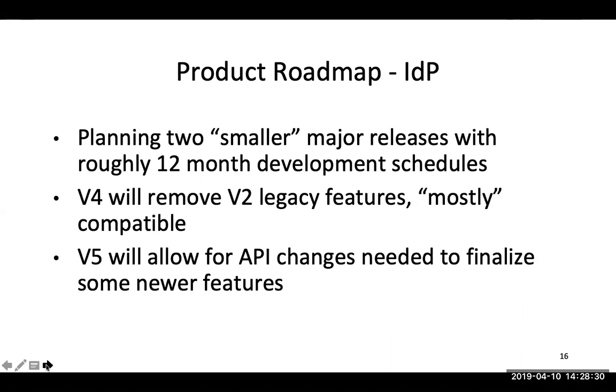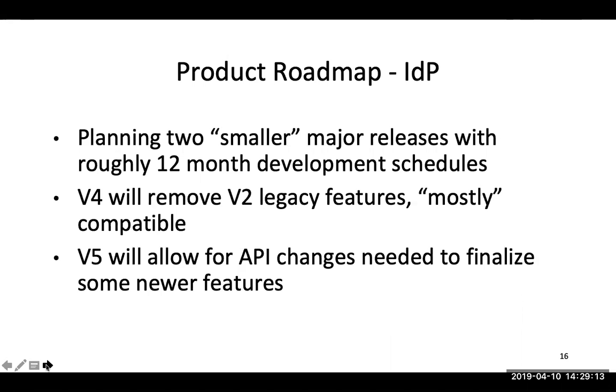The intention for V4 is to focus on removing a lot of legacy features from V2. This is the first time we'll really be removing a lot of stuff that we've been supporting, as opposed to just making gratuitous changes to V4. We're being pretty deliberate about what we remove and focusing on things that date back to the V2 timeframe. We expect that release will be mostly compatible with the current V3 environment. We don't expect to see a lot of breaking changes there, other than for people that have fairly advanced extensions that rely on a lot of internal APIs of the system.